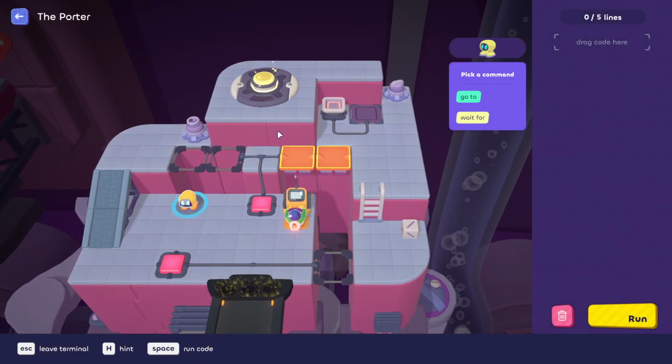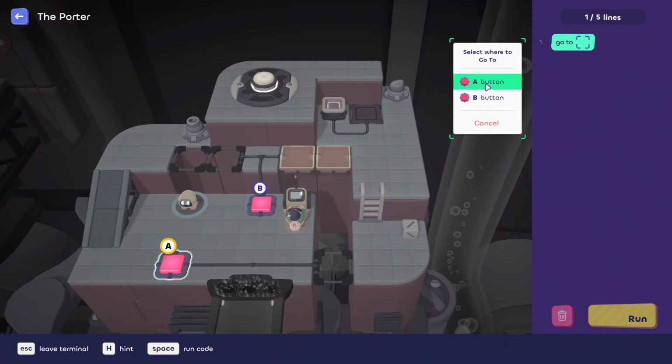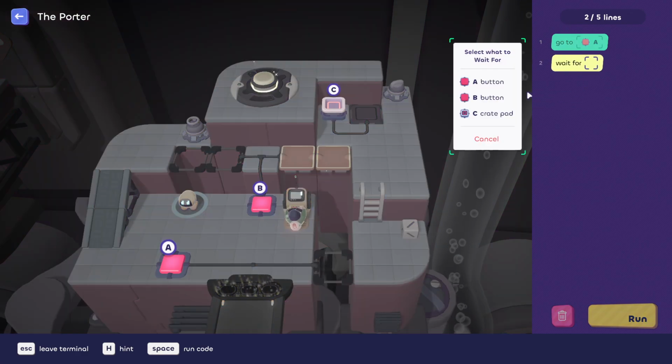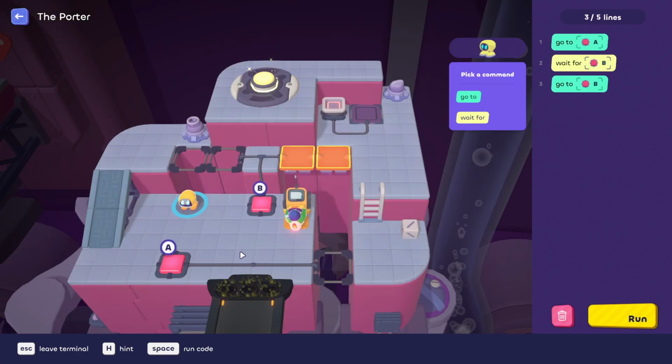Okay, so we're going to have to use careful thinking about waiting for things. First things first, we need to get the block, so we're going to go to A. We grab the block, we come back over here, and then we need to trigger you to move. So we're going to have you wait for B, and then go to B, right? So we hit the block, then you come over and stand here, and that lets us get to here. Then we have a problem, because